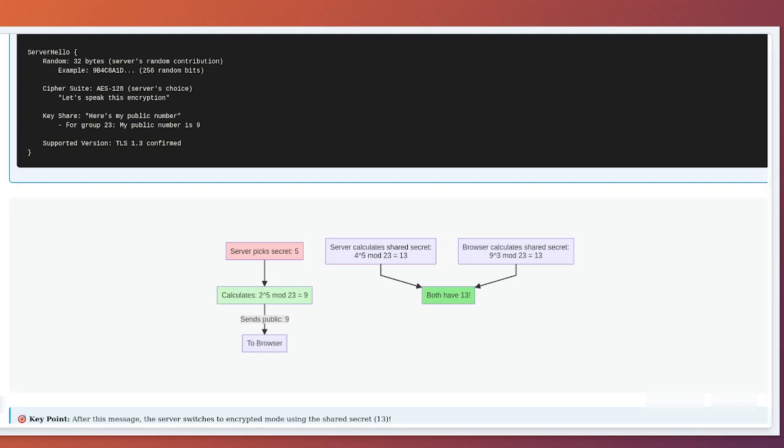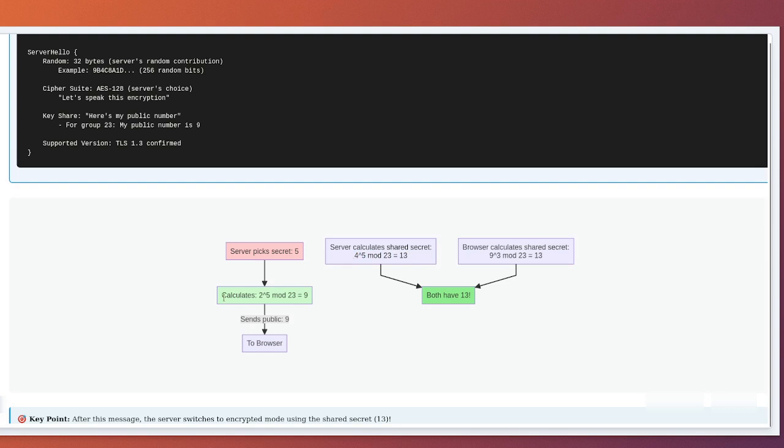Here is where the magic happens. The server looks at the key shares the client sent. Let's continue our small number example. The client said, for group 23, my public number is 4. The server now picks its own secret number, say 5, and calculates 2 to the power of 5 modulo 23 equals 9. The server sends back 9 as its public number.